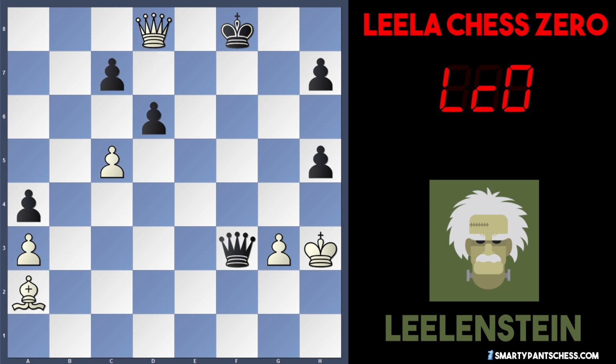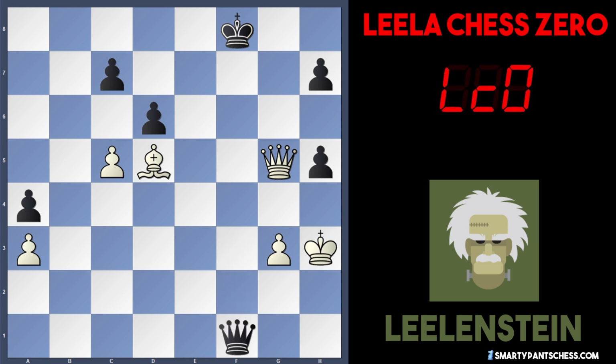but then Leelenstein is in full control in this position because after King g7, Queen g5, King f8, Bishop to d5. I really like this move. It's very dynamic. Attacks the Queen on f3. After Queen f1, there's King h4, and suddenly this Bishop protects the c4 square and the h1 square from any potential